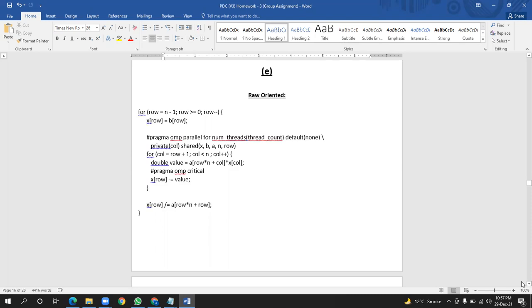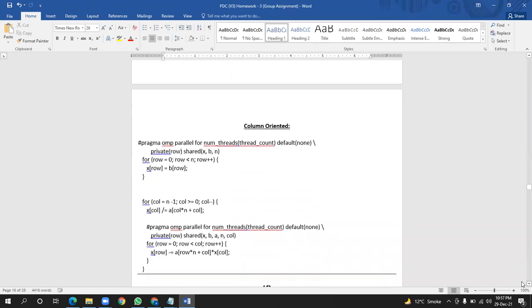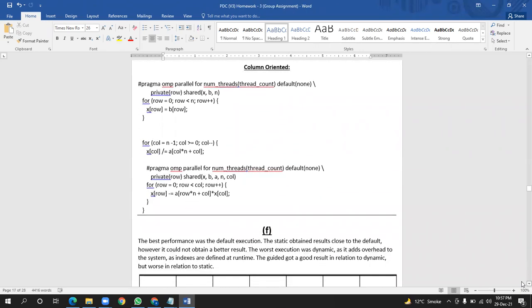रोज की वैल्यूज आ रही हैं और कॉलम ओरिएंटेड में, नीचे कॉलम ओरिएंटेड, उसमें प्रैग्मा ओएमपी पैरेलल फॉर नंबर ऑफ थ्रेड्स यूज किए हुए हैं. अगली नीचे वाली स्लाइड, इसमें हमने रोज को प्राइवेट रखा हुआ है जो इसी रीजन में यूज कर सकते हैं और नंबर ऑफ थ्रेड्स को काउंट कर रहे हैं और डिफॉल्ट में हमारे पास कोई भी वैल्यू नहीं है और प्राइवेट में रोज आ रही हैं और रोज में हम रोज मल्टीप्लाई बाय एन प्लस कॉलम इंडेक्स इसका स्टोर करवा रहे हैं ए में और वो एक्स की रो में स्टोर हो रही हैं.